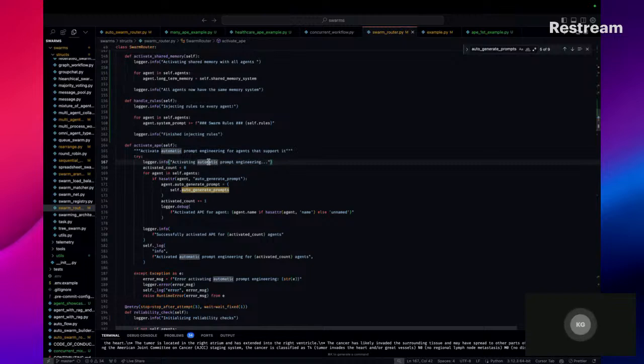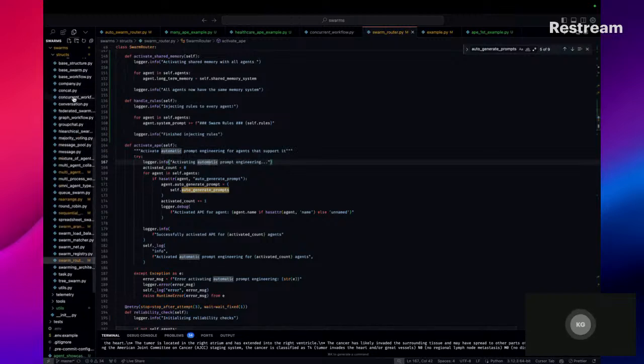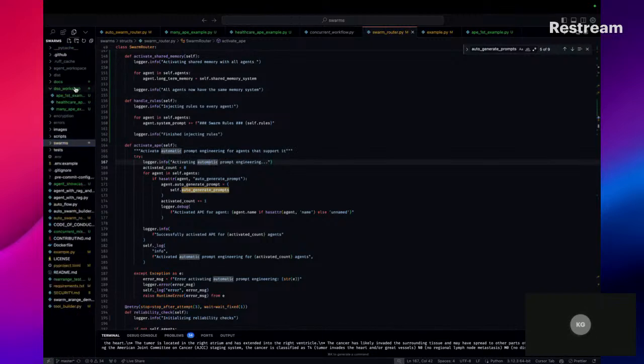Does that make sense? We're turning on a setting within the agent class that I showed you earlier, and then that LLM will generate the prompt. But we're not having one LLM build 5 prompts. Does that make sense? Yes.